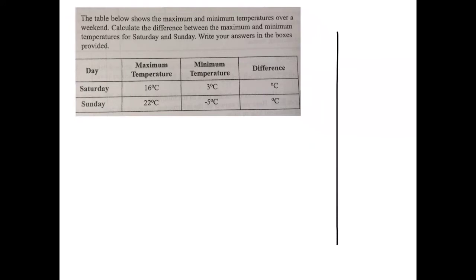So for Saturday, the maximum temperature is 16. And the thermometer, again, it doesn't need to be to scale. And the minimum temperature was 3 degrees. So we're looking at the difference between 16 and 3. Simple subtraction sum of 13. For Sunday,